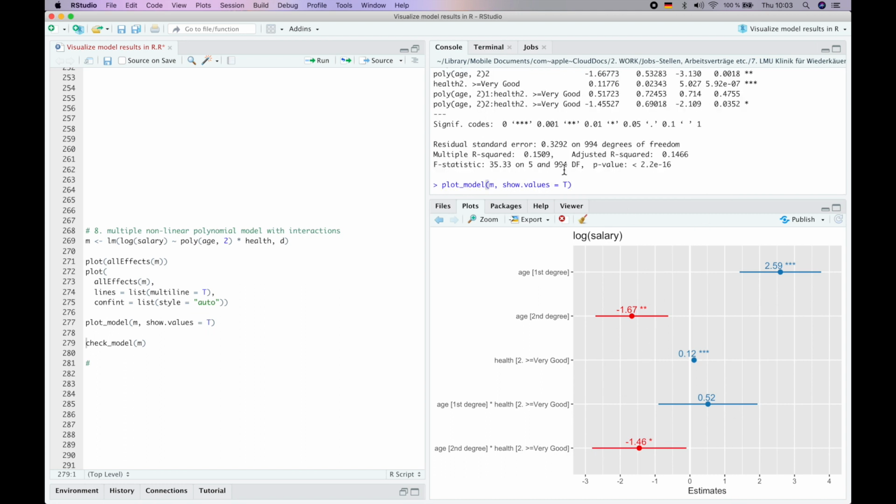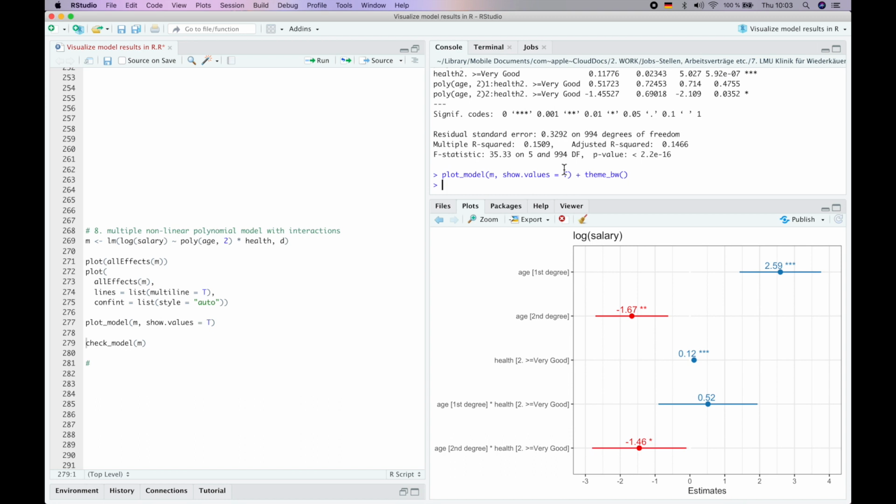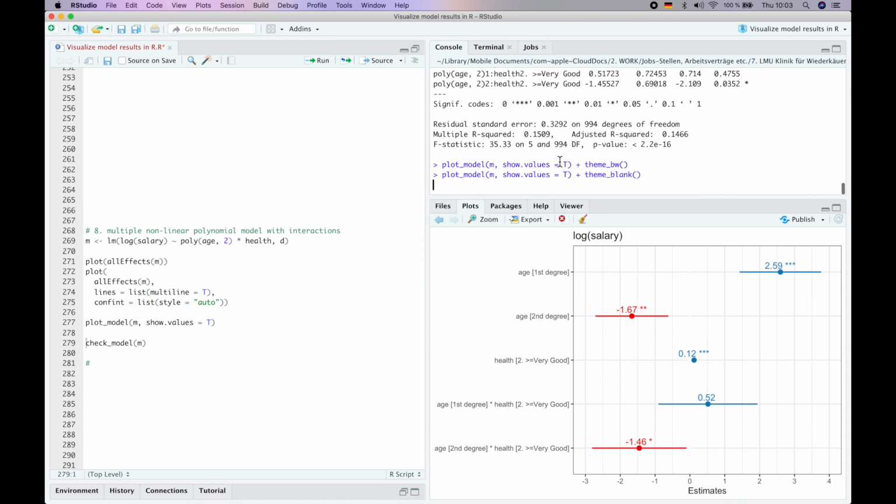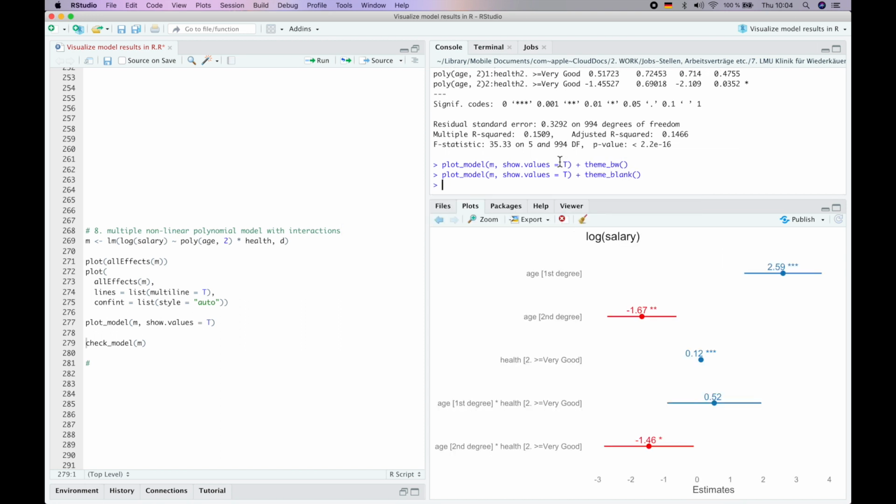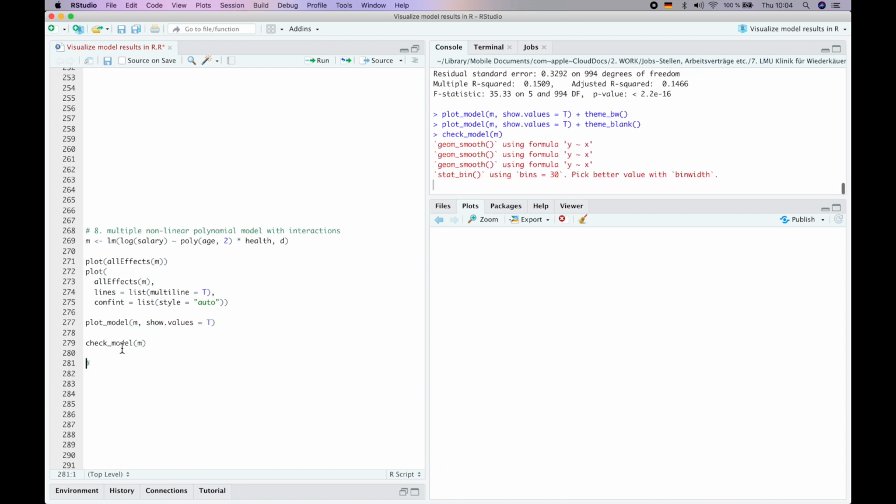We can make it even more appealing. As I told you, we can use some new themes and make it look nicer, or even, I like this one, even nicer. Good. So now, why did we do this? Because we checked assumptions and they were not really satisfied. Let's recheck our assumptions and we will see